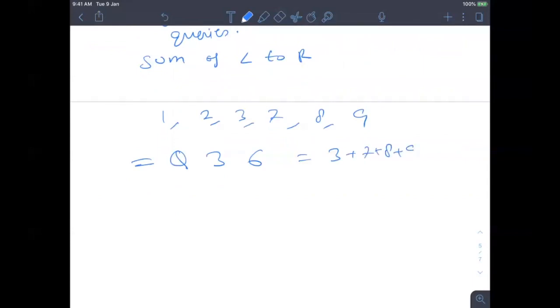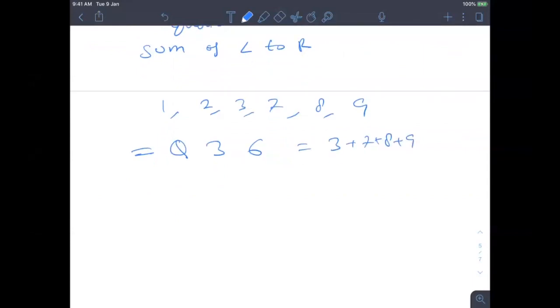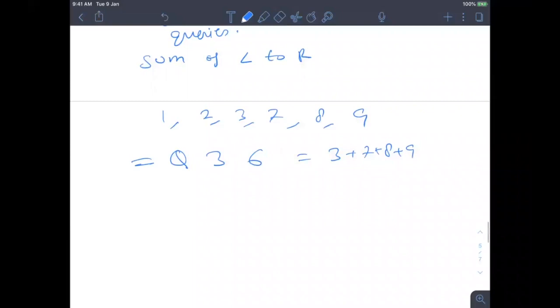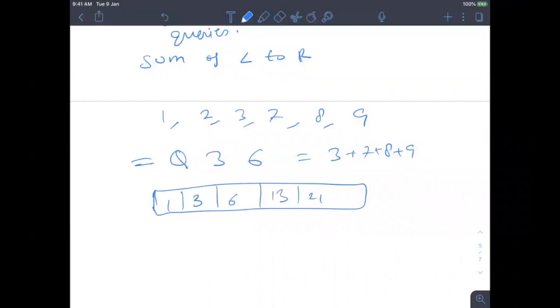So one way is to run a for loop, and another way is similar to what we discussed above: build the cumulative array. Basically 1, plus 2 is 3, plus 3 is 6, 6 plus 7 is 13, 13 plus 8 is 21, 21 plus 9 is 30.